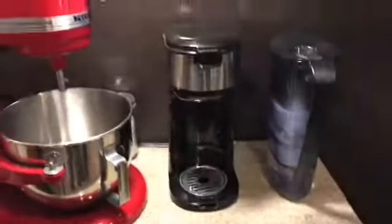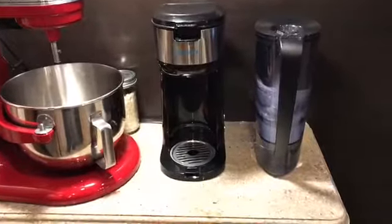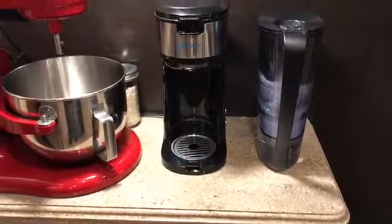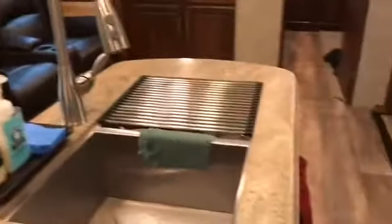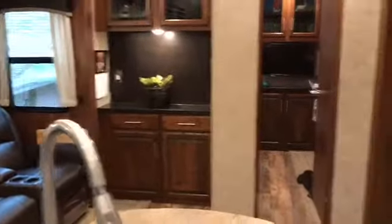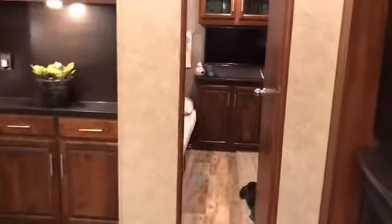We have a water pitcher here, a coffee maker. The only thing was it would not fit our Berkey. Our Berkey is in storage, but I did get a decent water pitcher, which will be okay temporarily. But that was the kitchen and living area, and now I'm going to take you into the kids' bunk room,